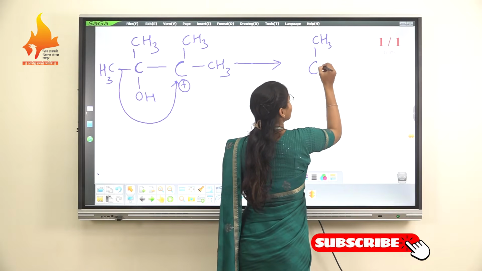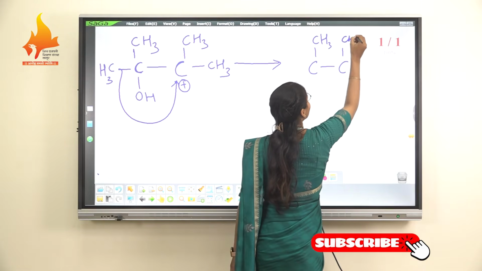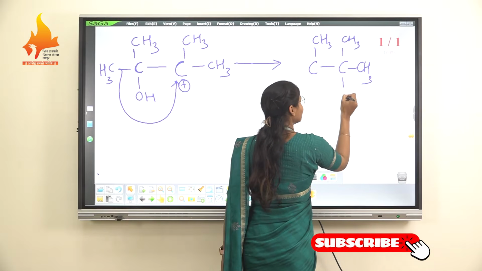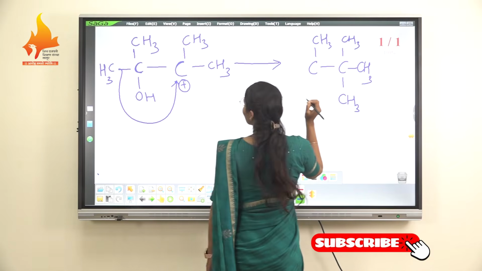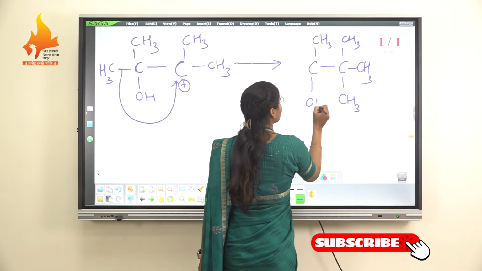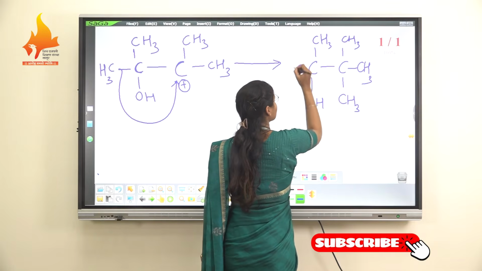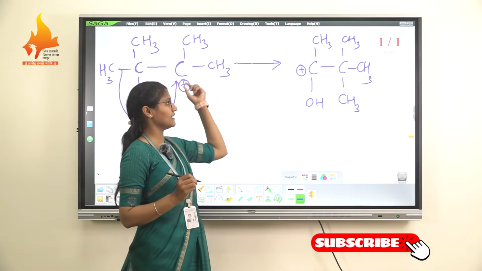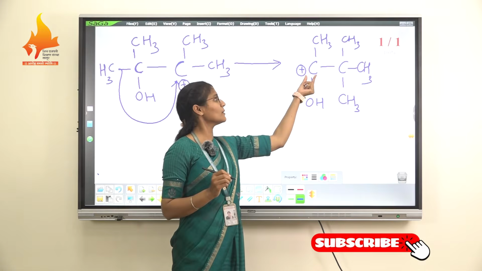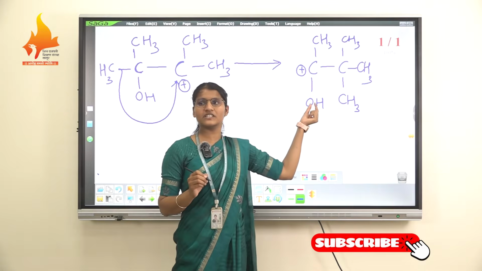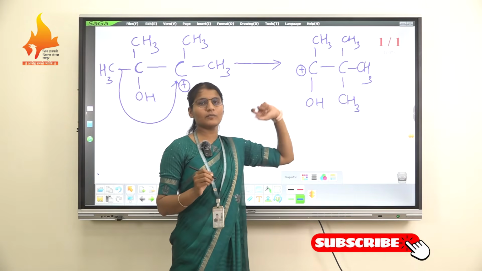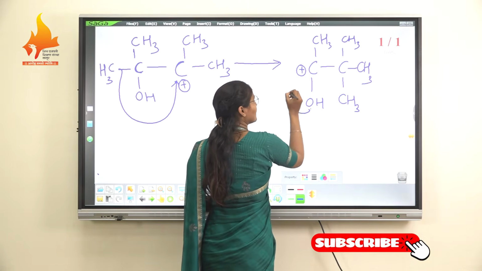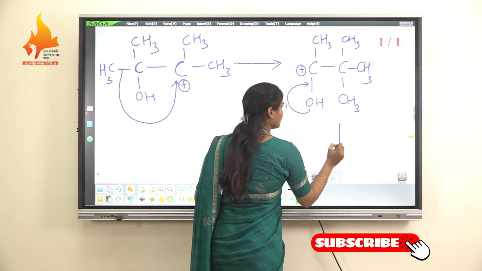So we will get CH3, CH3, CH3, here CH3, here OH, and here positive charge. This carbocation is more stable than the previous carbocation due to the empty p orbital and the oxygen lone pair, which is transferred into the empty p orbital of the carbocation. Then the oxygen lone pair will back attack on this carbon. So we will get